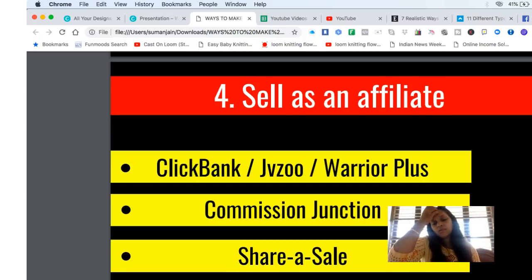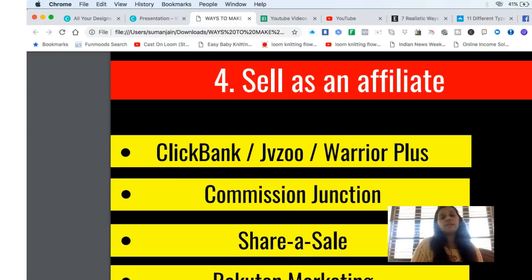And Rakuten Marketing is also where you can join these companies and definitely affiliate their products, where someone buys and you make a commission from those companies. Even, for example, GoDaddy, you can affiliate with GoDaddy. Below the video you will find the link where you can buy the domain and hosting from GoDaddy and